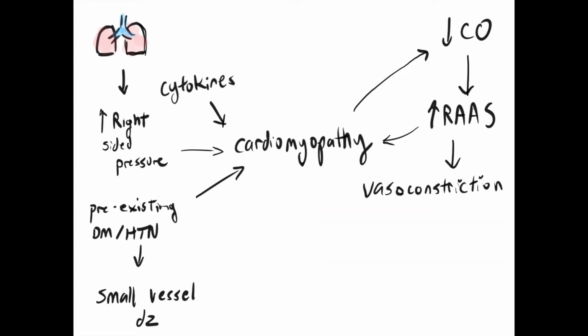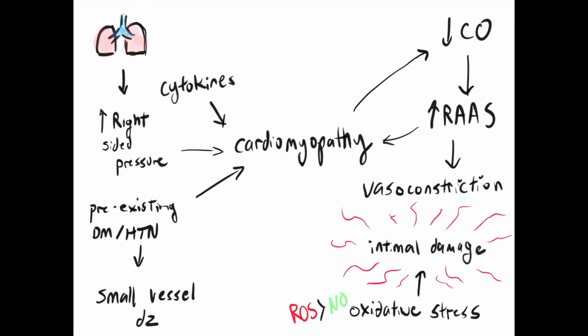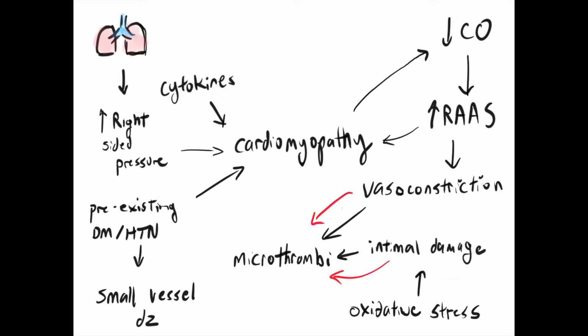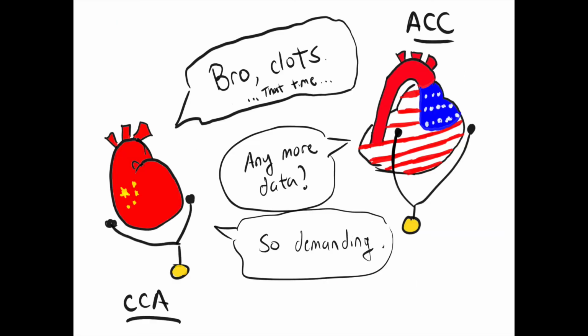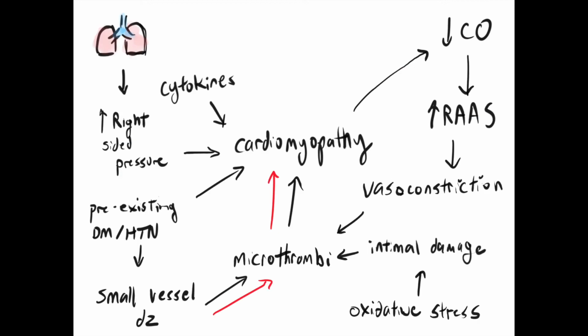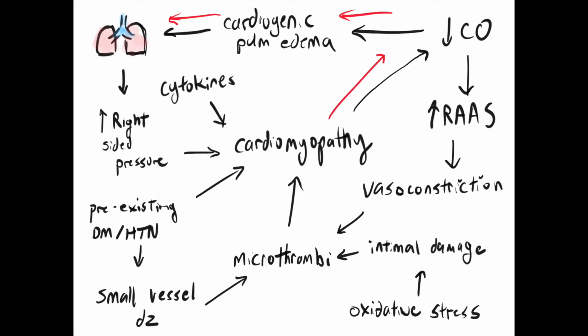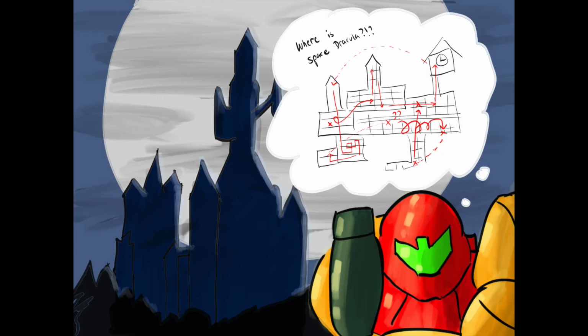RAS also causes systemic vasoconstriction, right? Importing our prior discussion from the molecular level, oxidative stress and intimal damage show up again. You see where we're going here. Microvascular injury may again contribute to microthrombi. Unlike my prior moonshot conjecture for the lungs, we have at least scant anecdotal evidence of cardiac microthrombi derived from autopsies of Chinese patients. What's unclear is whether the pre-existence of small vessel disease due to diabetes or hypertension might contribute to this propensity. Also, it's unsurprising that this feeds back into the pulmonary loops, because this is a Metroidvania game and those are the rules.